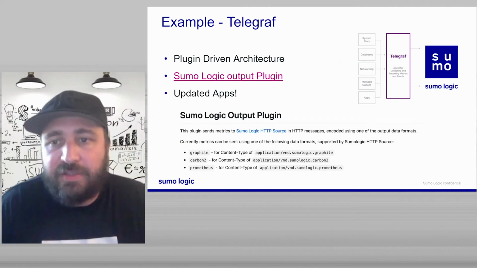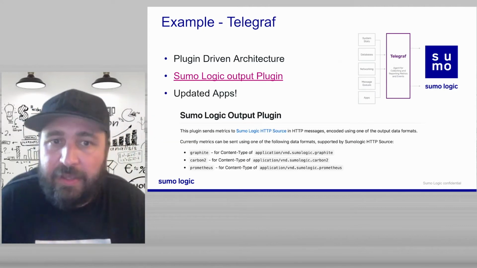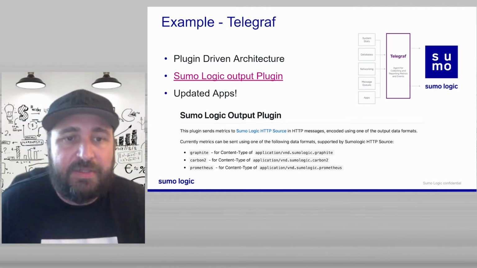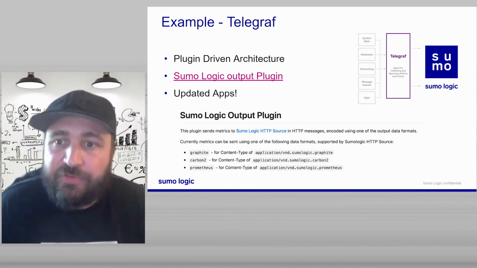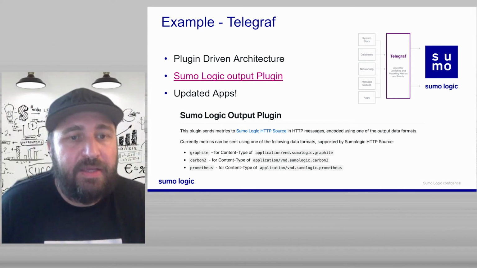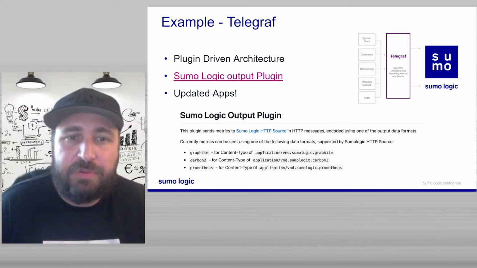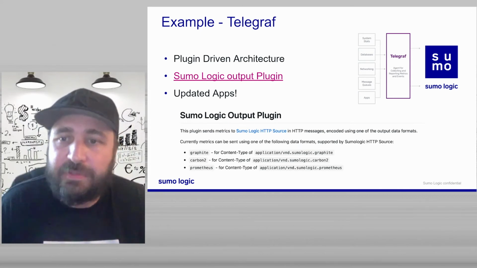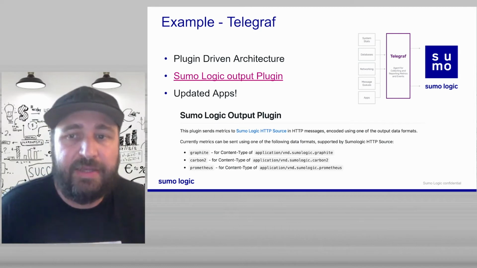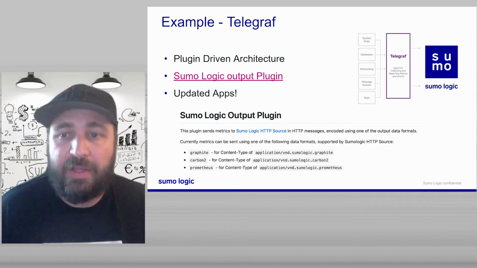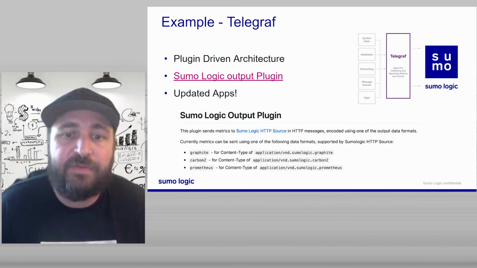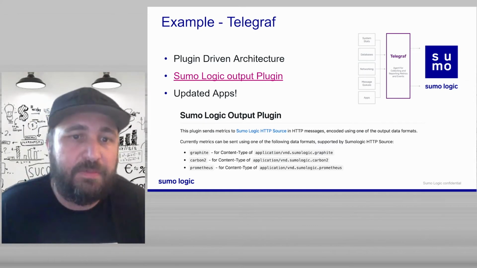Now, one of the things that we're adding support for today is Telegraf. Telegraf is an open source metrics collector. It collects metrics data primarily. It is built on the same kind of plugin logic that Fluentd is. You have input plugins to get data into a system. You have output plugins to get data into a different system,